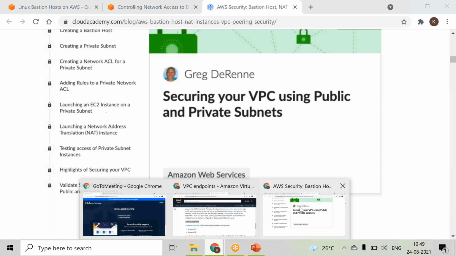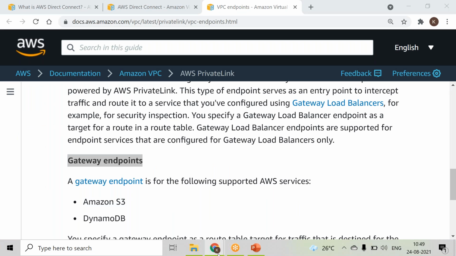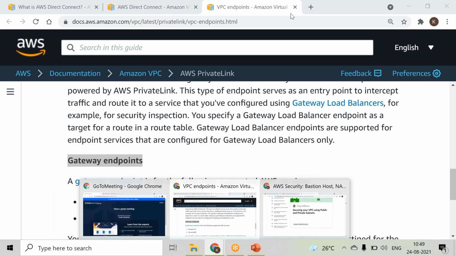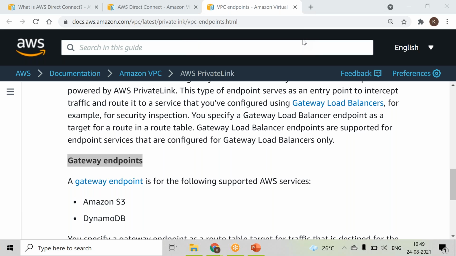GP, general purpose GP2 and GP3. Okay. Provisioned. Okay. And what are the two major factors that will be impacting the type of EBS volumes? There are two factors based on which we majorly have those classifications. Input output... Yes, IOPS and throughput. Right. So based on these two factors, we have the classification, and so depending on the type of application,